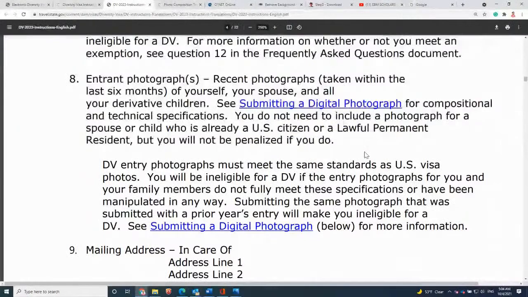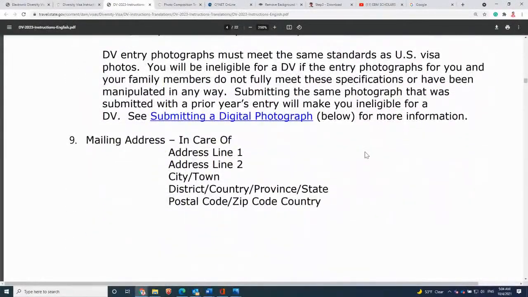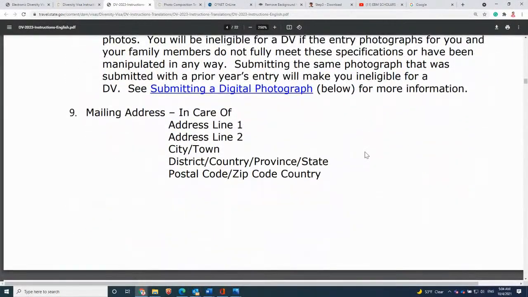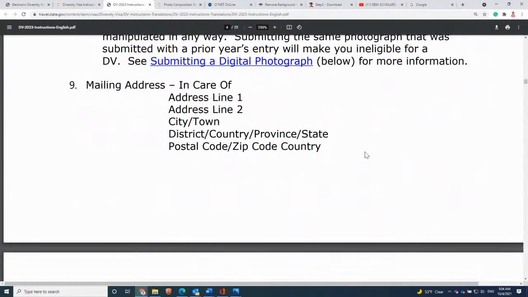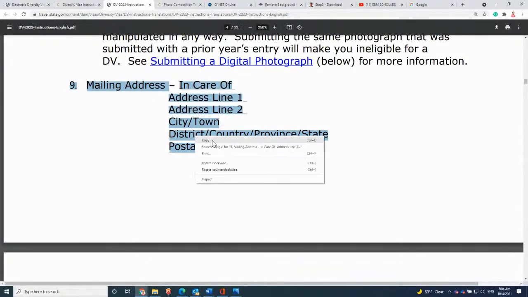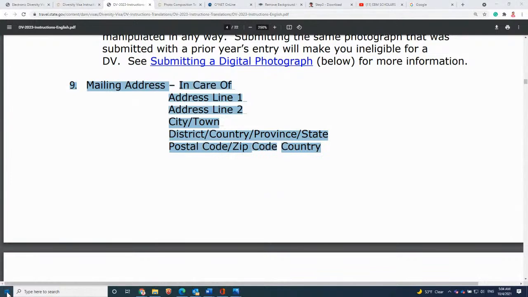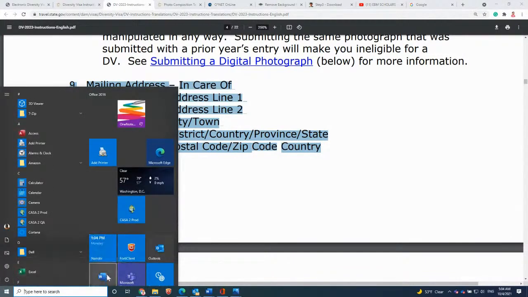Because the photo is going to make sure that you are going to do that way. Then there is the mailing address. So the mailing address is question number 9. Let me show you what this means. Let me write it to you. Let me go and create